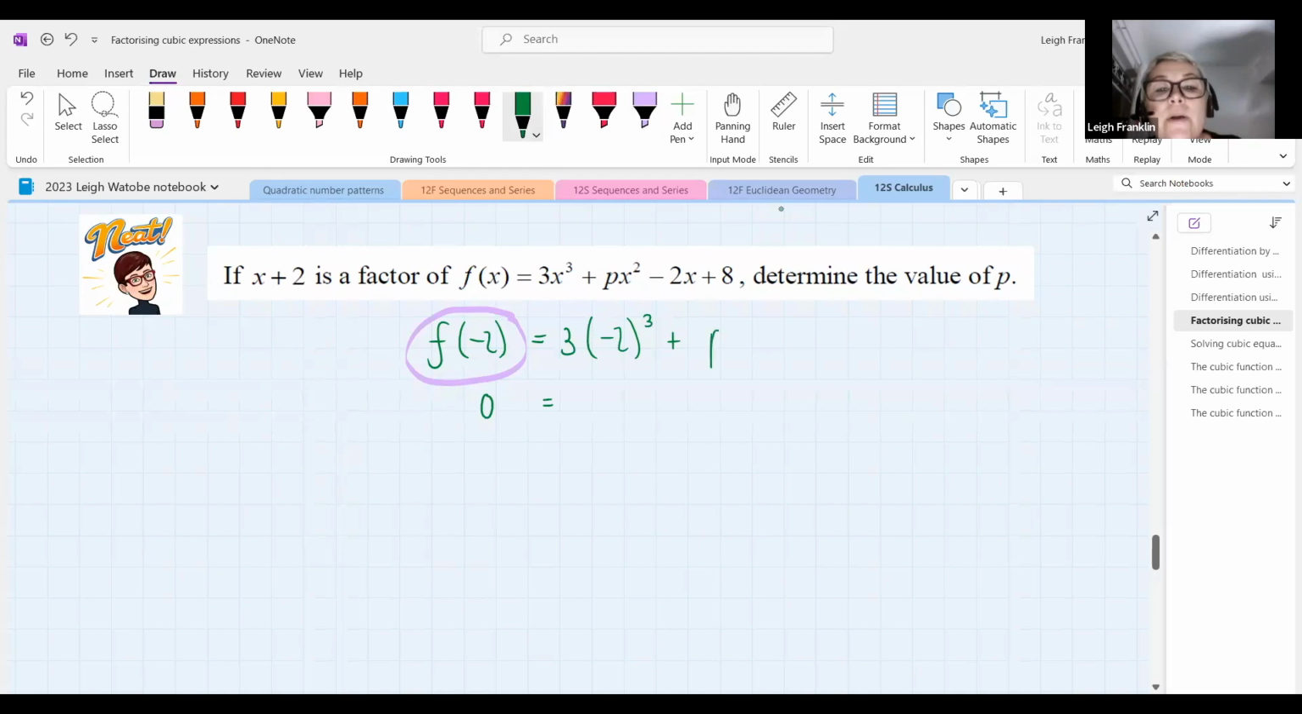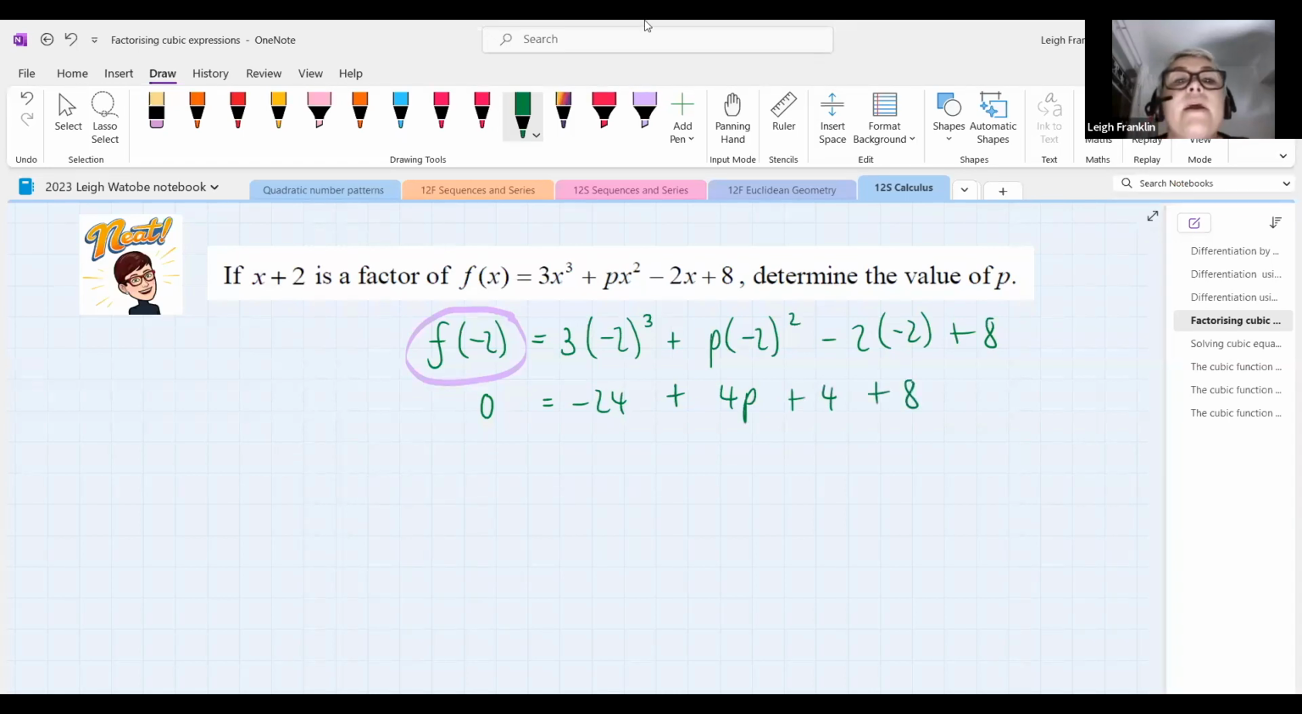So let's go and sub in the -2, as you said. And then we can bring all of this down. So that would give us -24, and that would be 4p plus 4 plus 8. Okay, good. Well done. So if x plus 2 is a factor of f of x, our remainder is 0. All right, so I'm going to bring the p term over to the left, leave the numbers on the right,